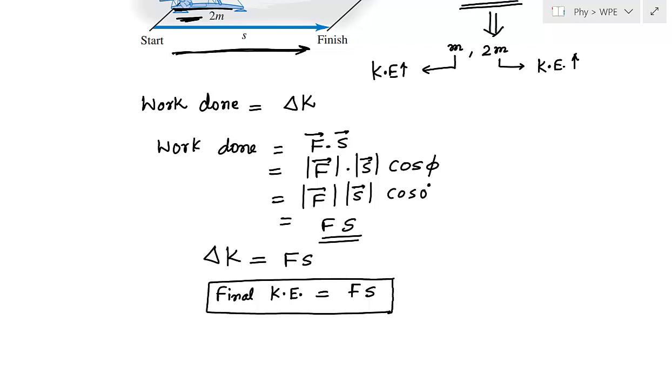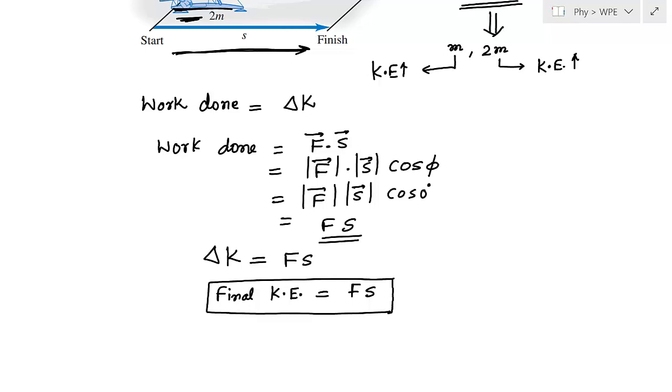So one important point in this problem, we do not require how much time it takes from 1 to 2, that is from a start point to finish point. It is not required to calculate the change in kinetic energy, because the work energy theorem does not consider time, it only considers the displacement, and that's why in this problem time is not required. Which one is taking more time and which one is taking less time is another issue, but to find the final kinetic energy, time is not required.